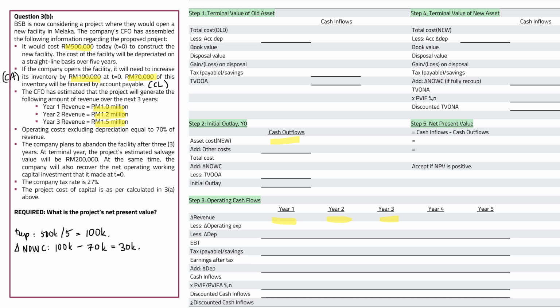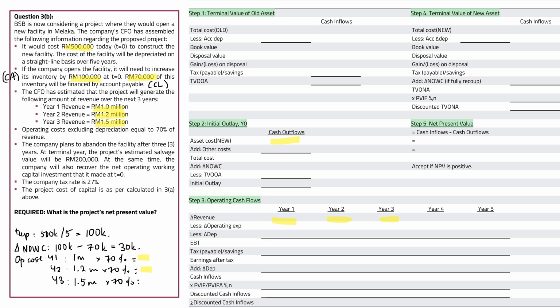Okay, let's keep going. Operating costs for year 1, year 2, year 3 is going to be 1 million, 1.2, 1.5 million times 70%,